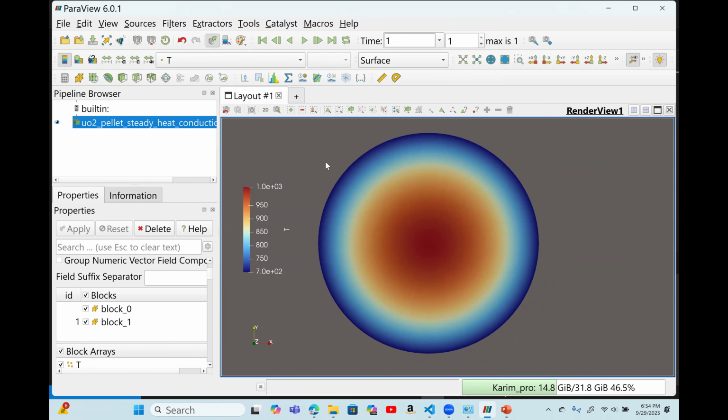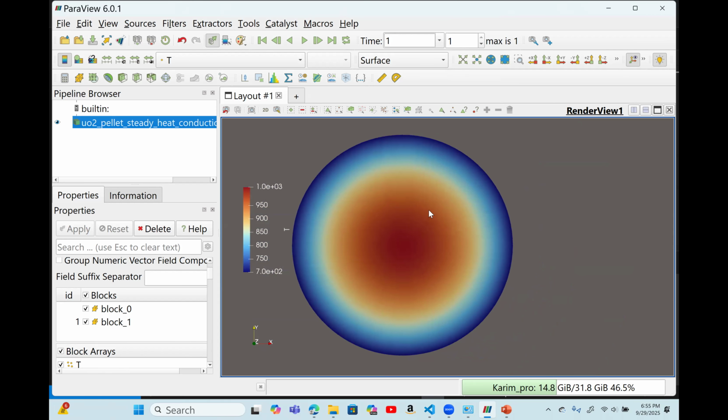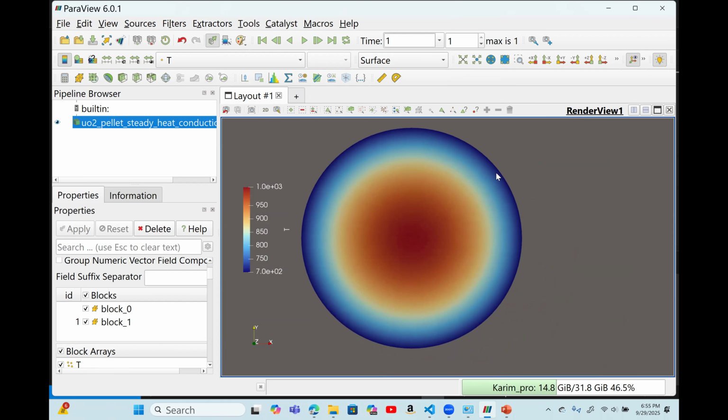Another important thing that you can utilize ParaView for here is to take a line scan or a line plot across this pellet so we can see this parabolic temperature profile, how the temperature changes with radius at each radial location along the radius. So you can do that. There are many icons here that show different features, so ParaView has many capabilities, and you can look at